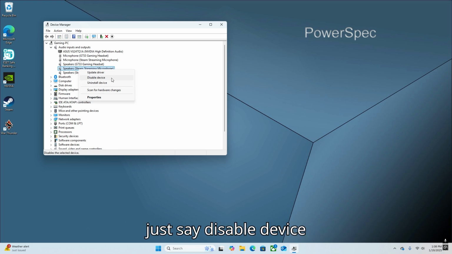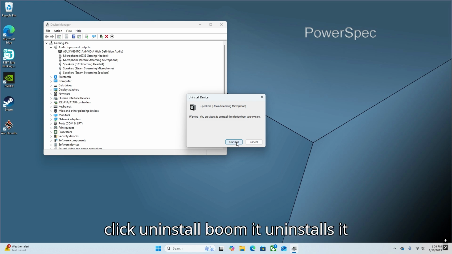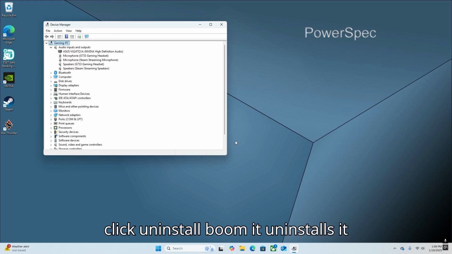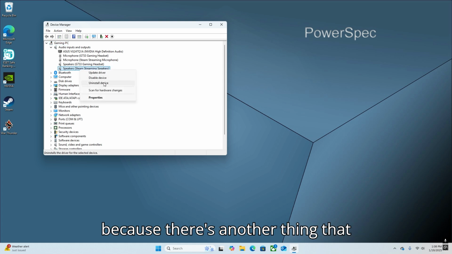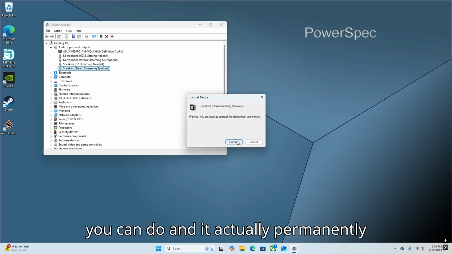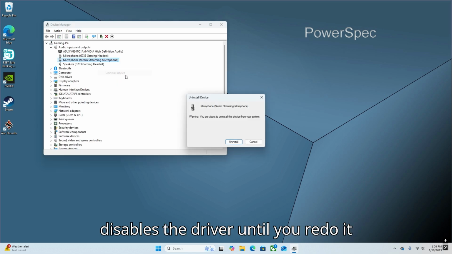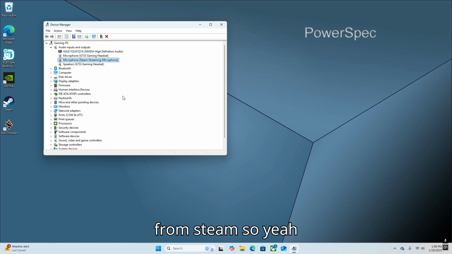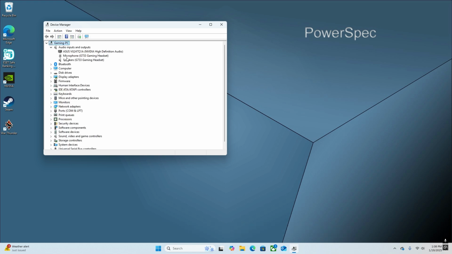Most of the guys would just say disable device, but you go down here to uninstall device, click uninstall, boom, it uninstalls it. Make sure you watch the whole tutorial because there's another thing that you can do, and it actually permanently disables the driver until you re-enable it from Steam. So once you have all those deleted,